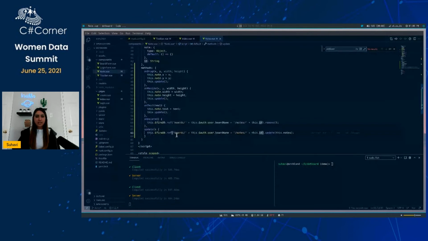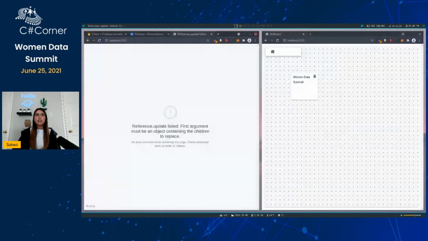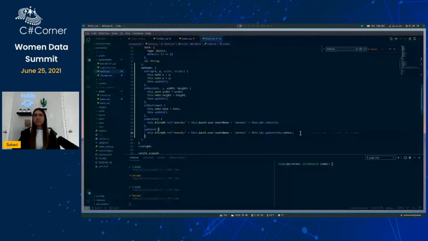So when you're updating, you take the... this happens a lot. First argument must be an object containing the children to replace. Let me see if it's here.